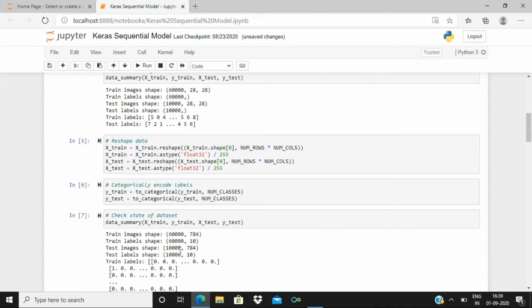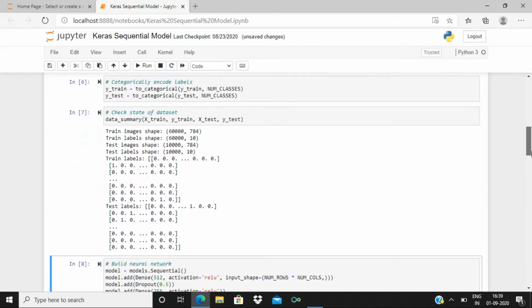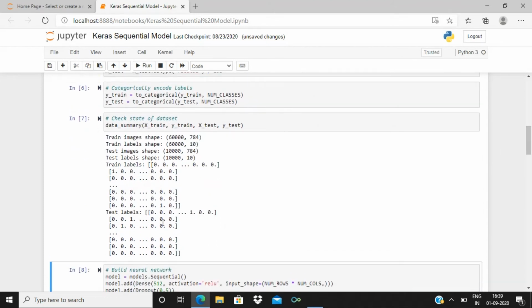And also we have performed one hot encoding for the labels. If you have a glance at test labels, we have 7, 2 and 1 here. Now if you see here, 7 has been represented like this, 2 has been represented like this, and 1 has been represented like this.